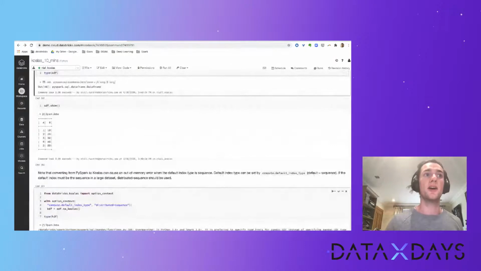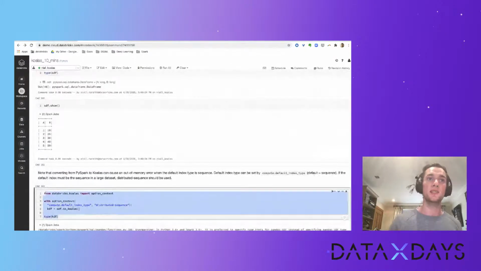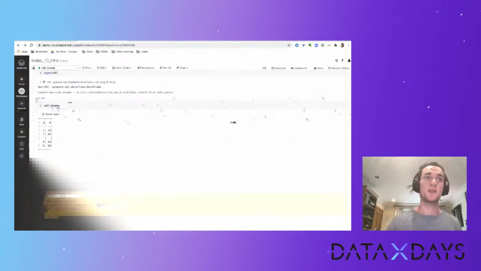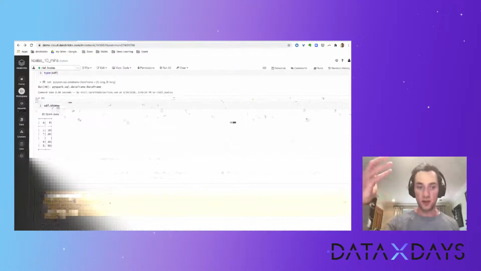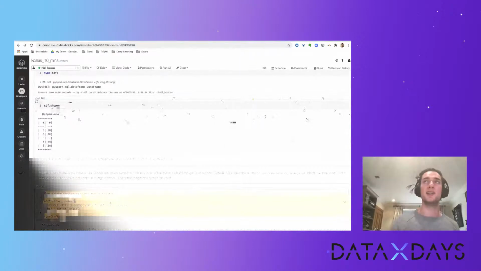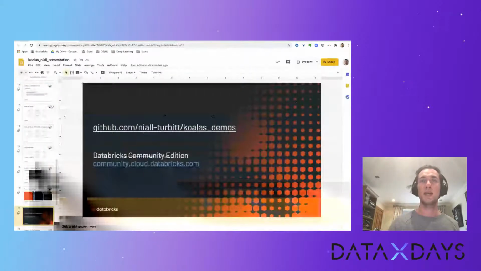Lastly, just to finish up, is how to specify the default index type that we were previously talking about. In this instance, what we have done is specified that default index type to be a distributed sequence, but you can obviously change that if and when is necessary. So just to wrap up with the presentation,